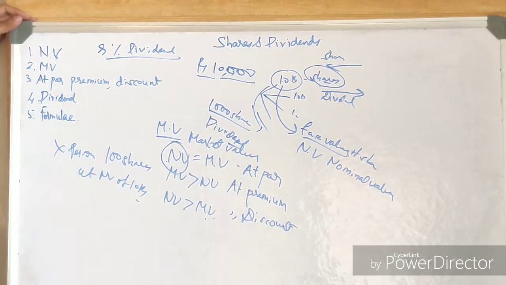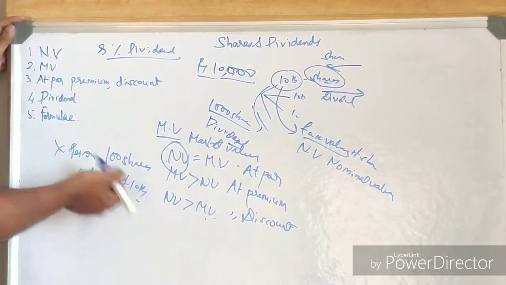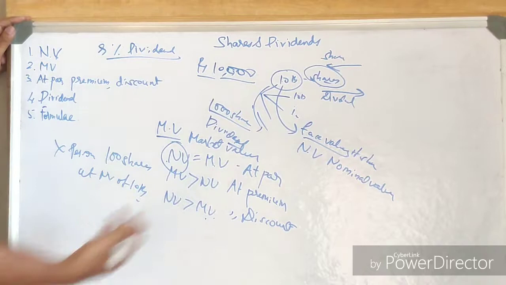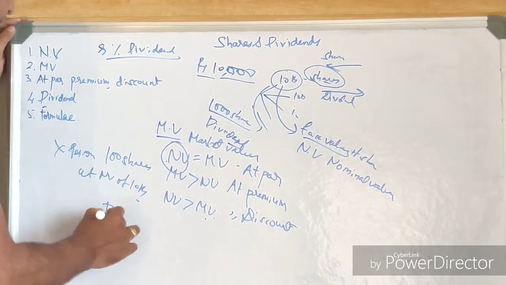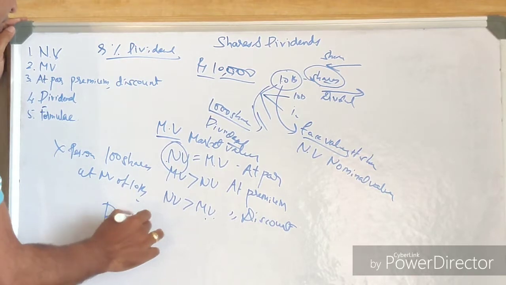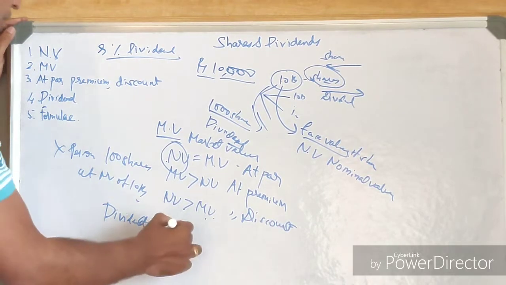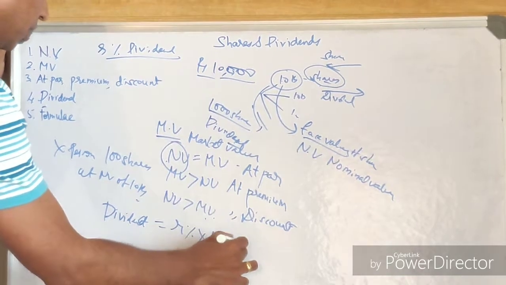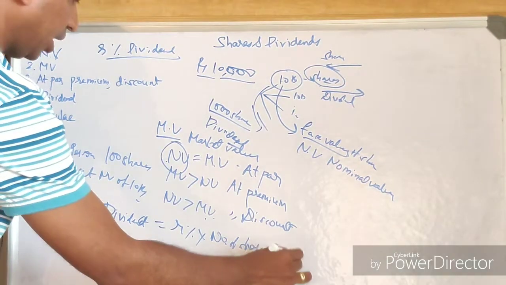Now, how does the company give it? Because he has contributed 100 shares, each with a share value of 10 rupees, and the company made a profit and wants to give the dividend back to the person who bought the shares. It has to share the profit with the shareholders. So how do you give it? What is the dividend? It is the profit earned by the person. So it is calculated as R% into the number of shares into NV.